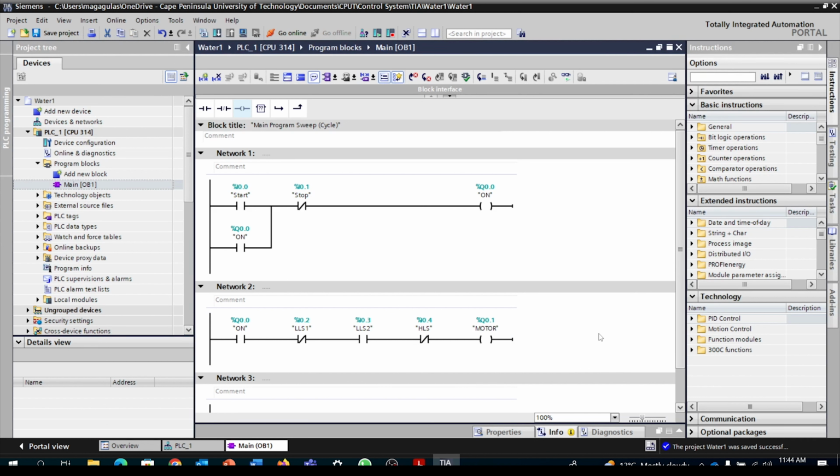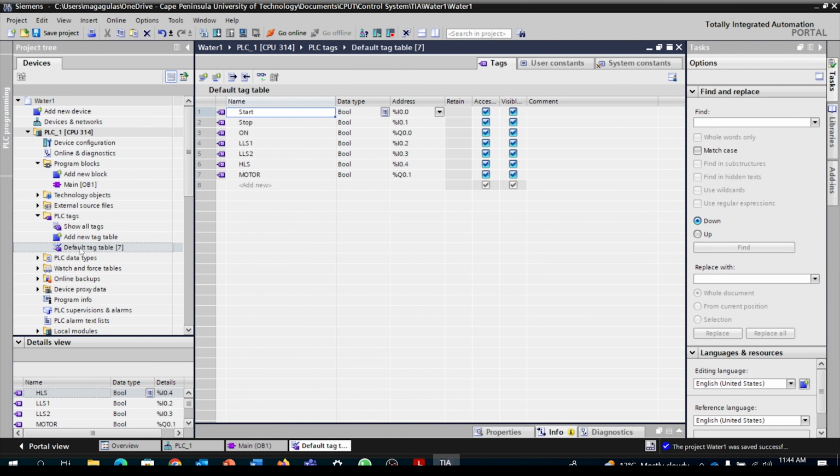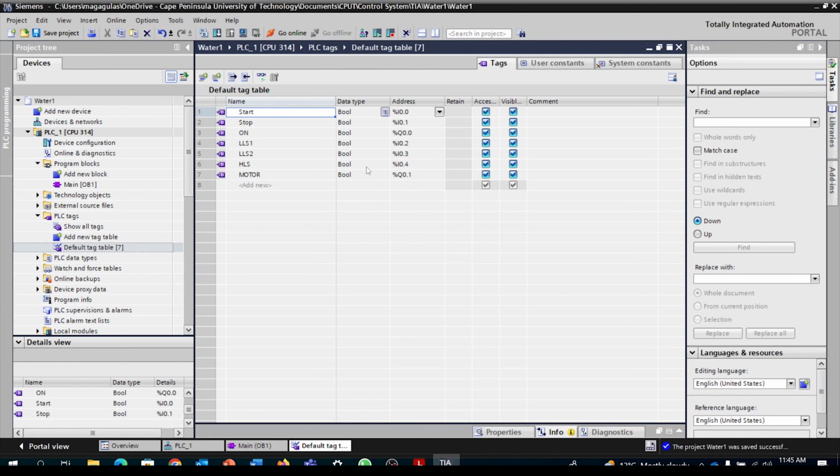Now there is a way of checking all these tags. As I've said, some people will do it differently. Go to PLC and then PLC tags. You can click here that says show all the tags, or you can click here, which is like your default tags. You can move here, or here also you can see this tag. So you can manually assign your address here. As you can see, our start is I 0.0, our on is Q 0.0, our sensors are on I, our Q,